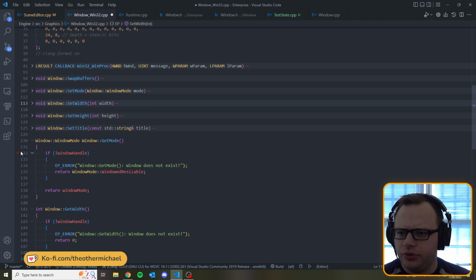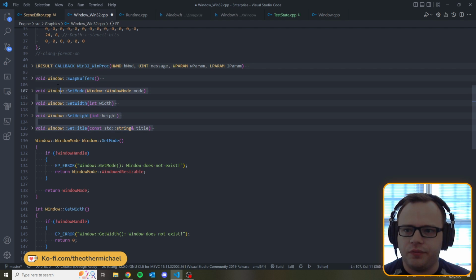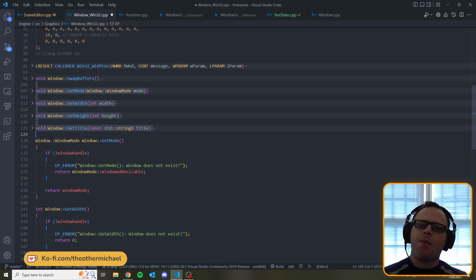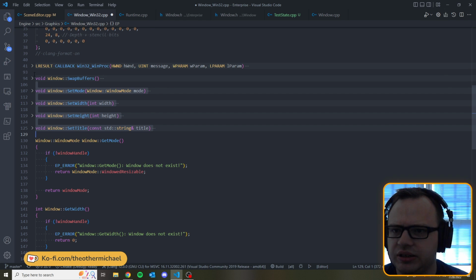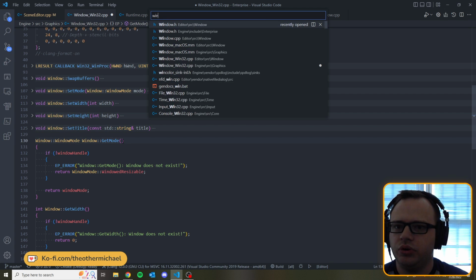I guess I'm going to need to refactor this API a little bit, because I need to have a generic platform definition that I can call that will do code related to the editor. Yeah, so this is going to need to change. So let's go to window.h